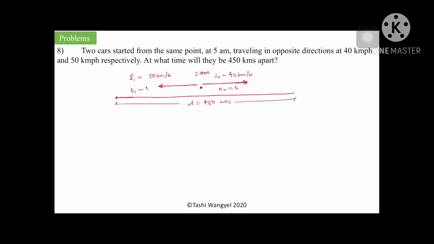So that S1 is for T1 and S2 is for T2. The total distance is 450 kilometers, so the distance T1 plus T2 we need to find. S1 times T1, where S1 is 50 kilometers per hour times time T. S2 times T2, where S2 is 40 kilometers per hour times time T. In the end we know that T1 plus T2 should give total distance: 50 T plus 40 T equals the total distance 450, so 90 T is